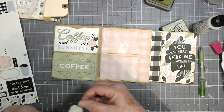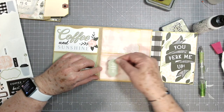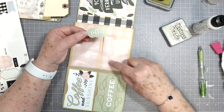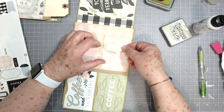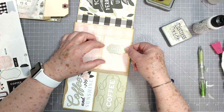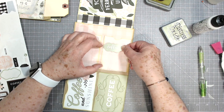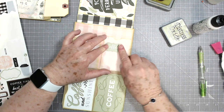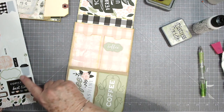I kind of like this. You could put it up here, and then whatever's on our tag at the bottom will show. So we could put that right there, maybe. Or over here. Or in the middle. Where do we want to put it? Or down here. I don't know. Let's just put it right there. That looks like a good spot. And then